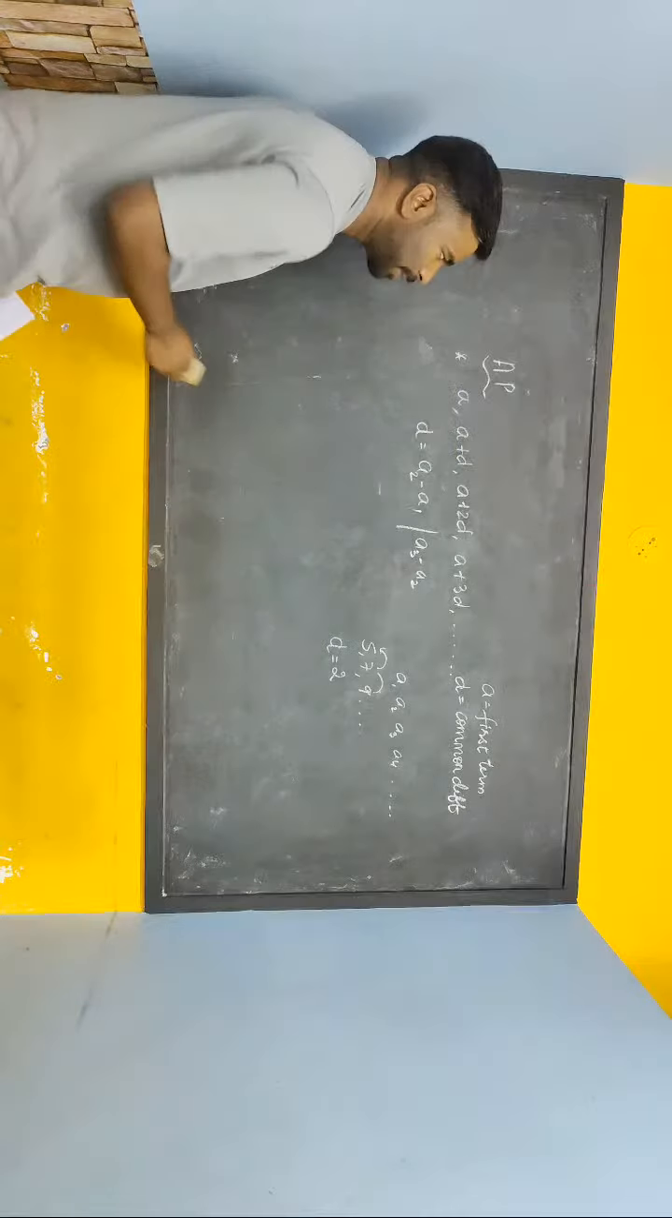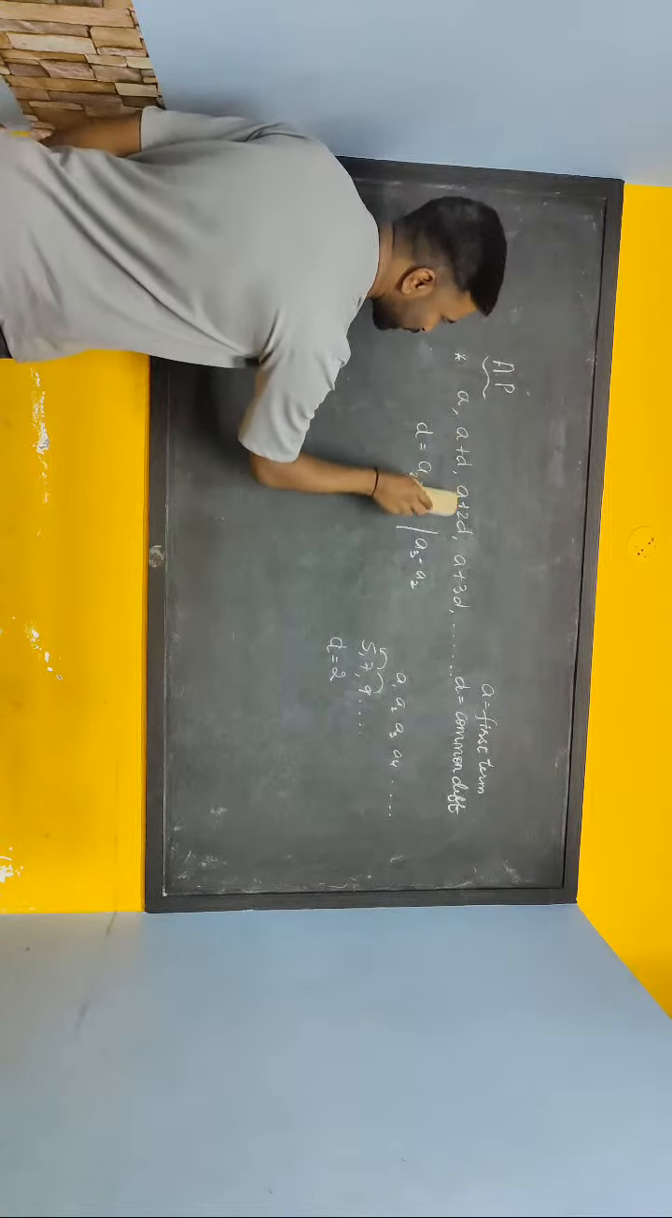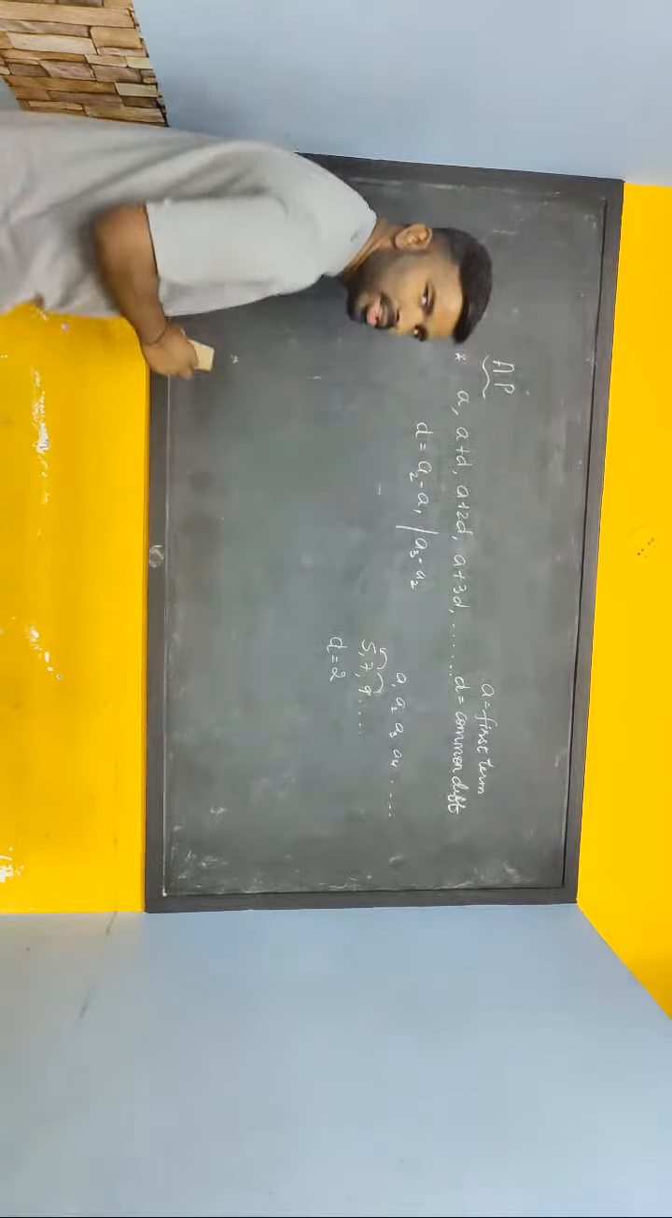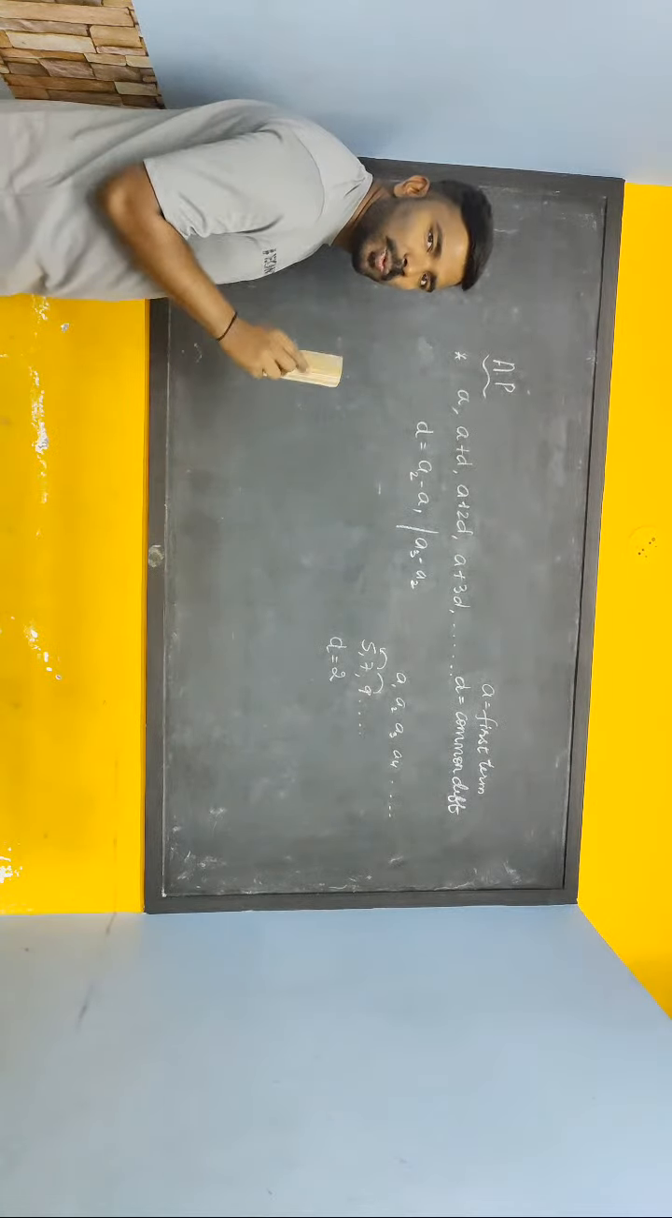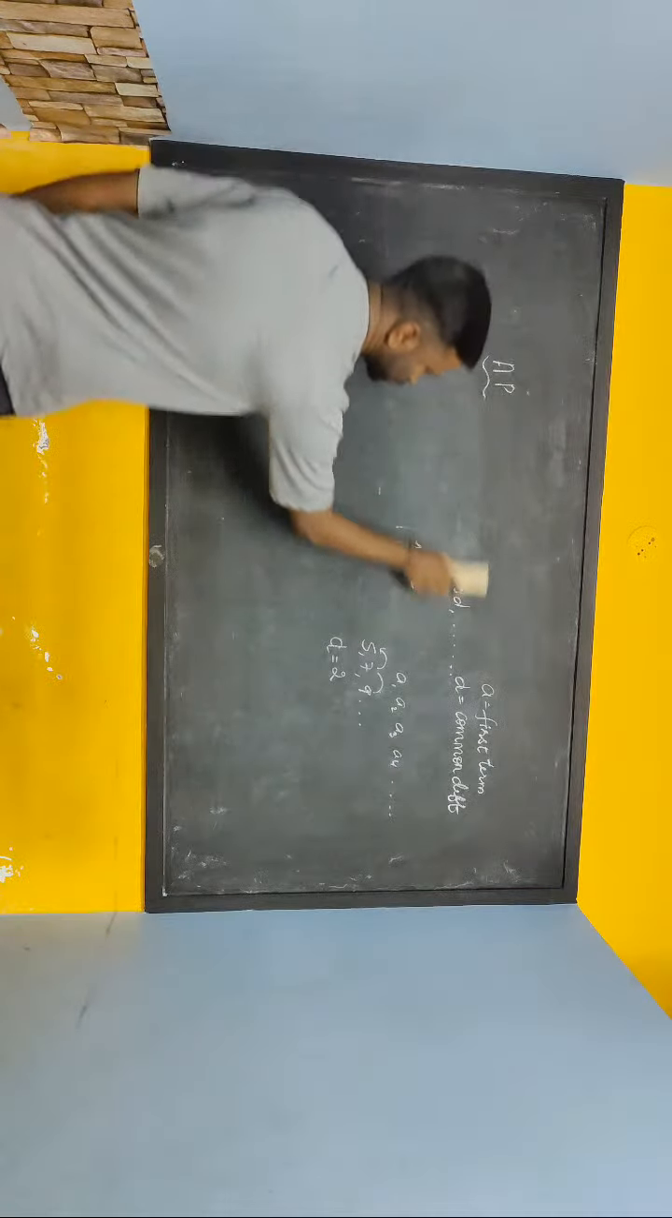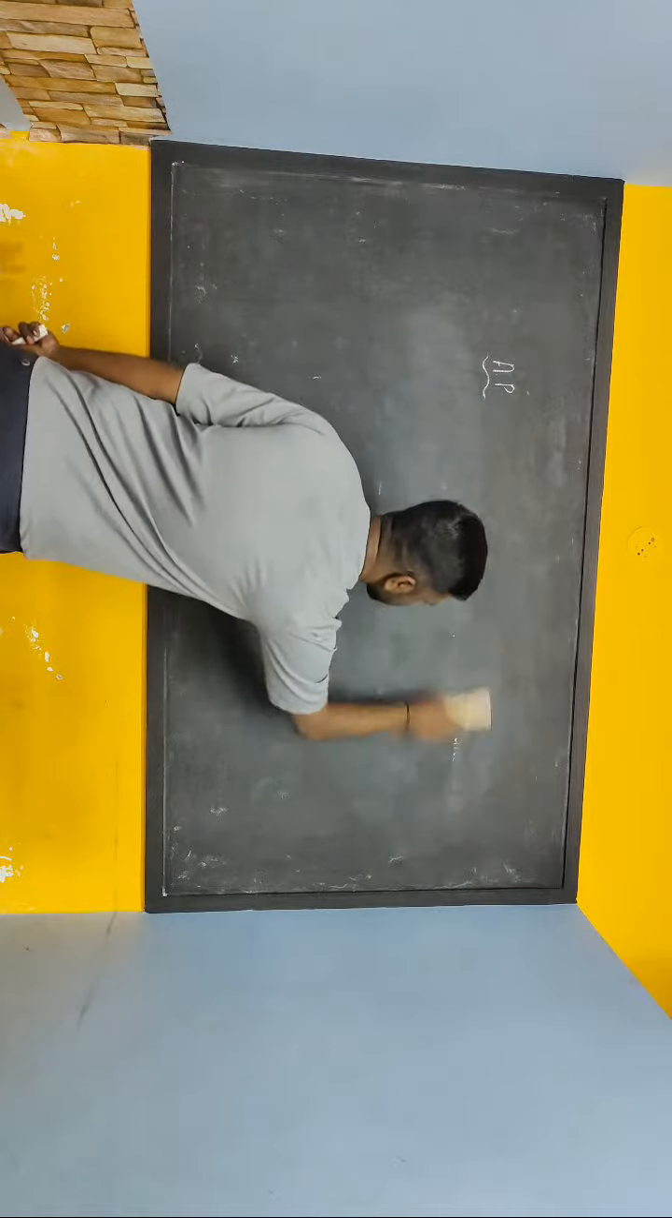The general form of AP is what? a, a plus d, a plus 2d, a plus 3d. Based on this, you can expect one question. Next,